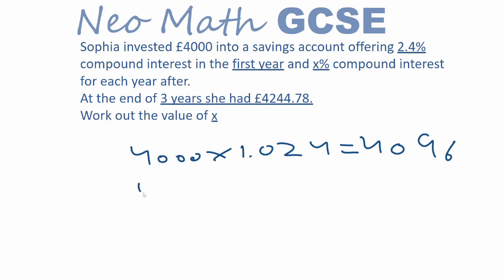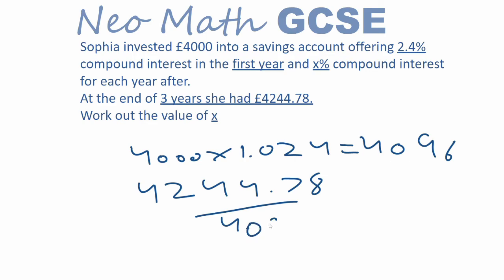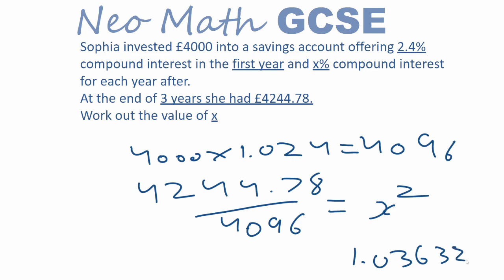So you've got 4,244.78, and we're going to divide that by 4,096, which should give you the interest rate for the 2 years, which should be x squared. So if I do that now, 4,244.78 over 4,096, you get 1.036323, etc. And you can just keep that value on your calculator, and we're going to square root that value